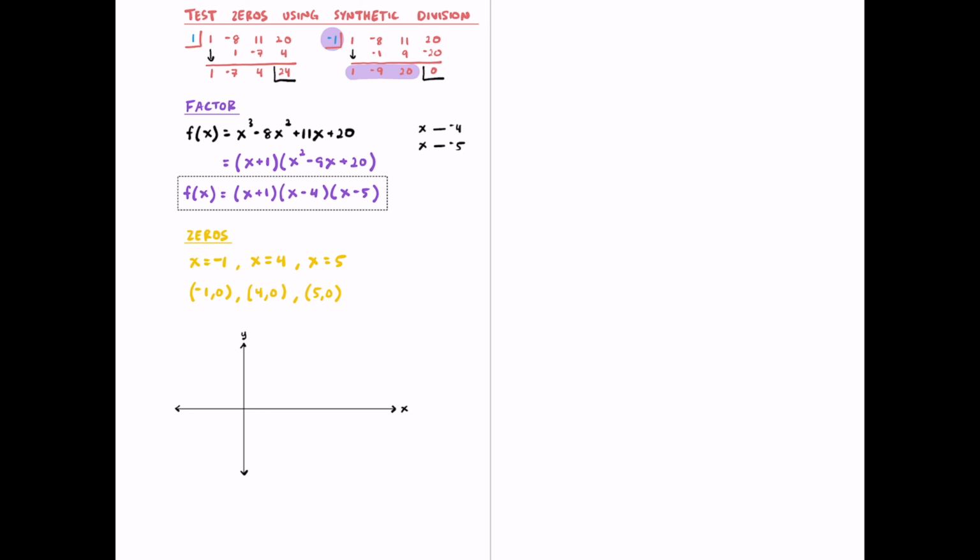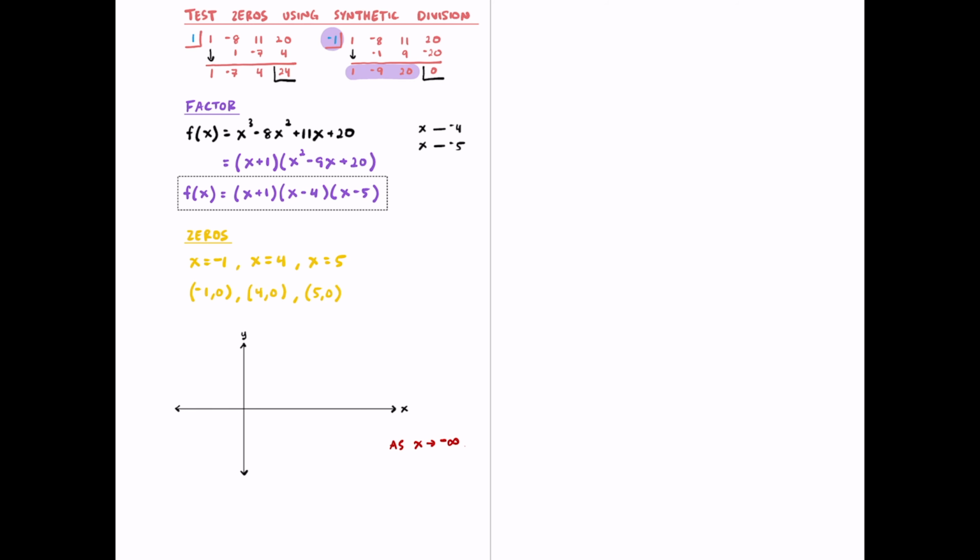So in case it's helpful to tie in some more ideas here, if we want to make a rough sketch, this should be pretty doable. We know this is an odd polynomial, so we hopefully know what the end behaviors are going to look like. I'm going to show that in just a moment. And we also have a positive leading coefficient, so that tells us a little bit about what this graph could look like as well. So for the end behavior, we first have as x is approaching -infinity,